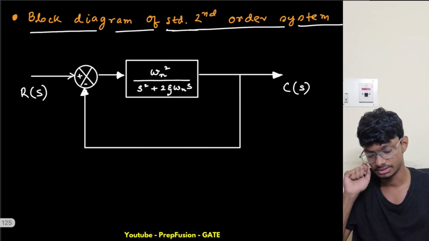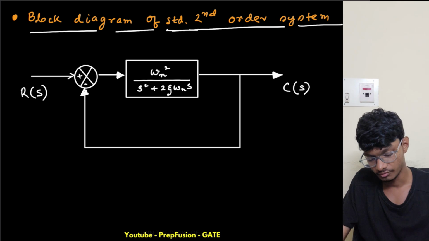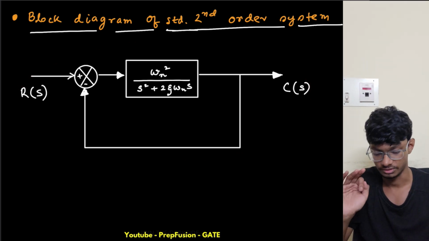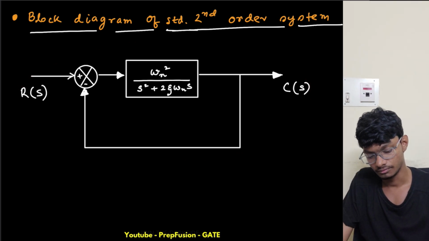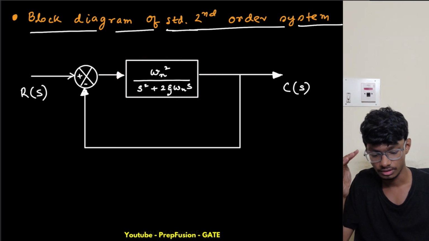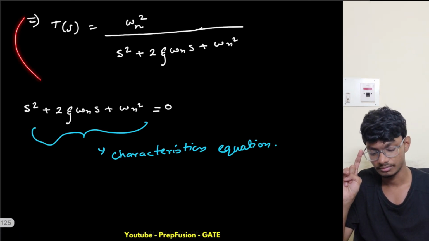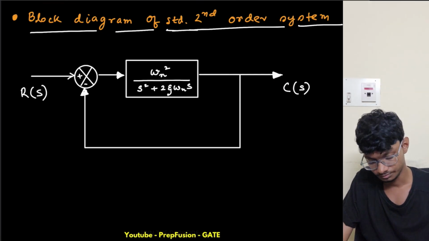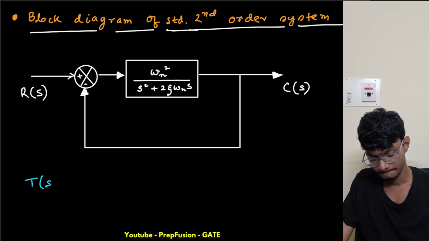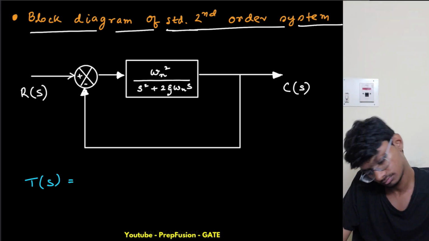Now this is the block diagram structure. From here, if you find the transfer function, you'll get the same transfer function. Let us find the transfer function from this point. This is the open loop gain of this block, and we have a negative unity feedback. So I will get the same transfer function. So my T of S will simply be equal to